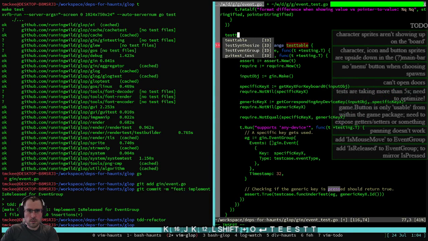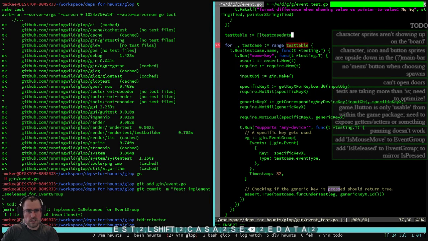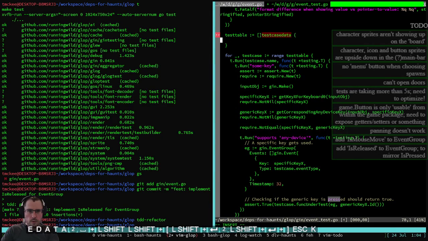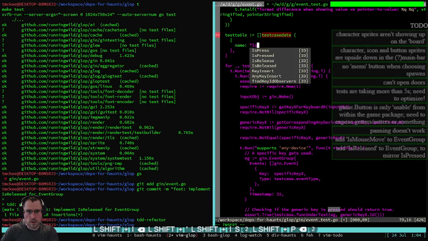Now test table is a slice of structs. Call it test data, maybe. So there's one test case called the name of is pressed,